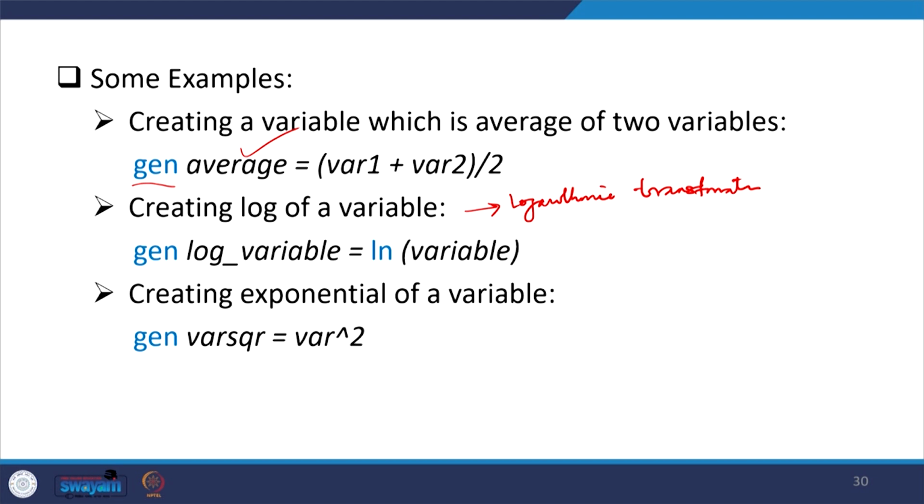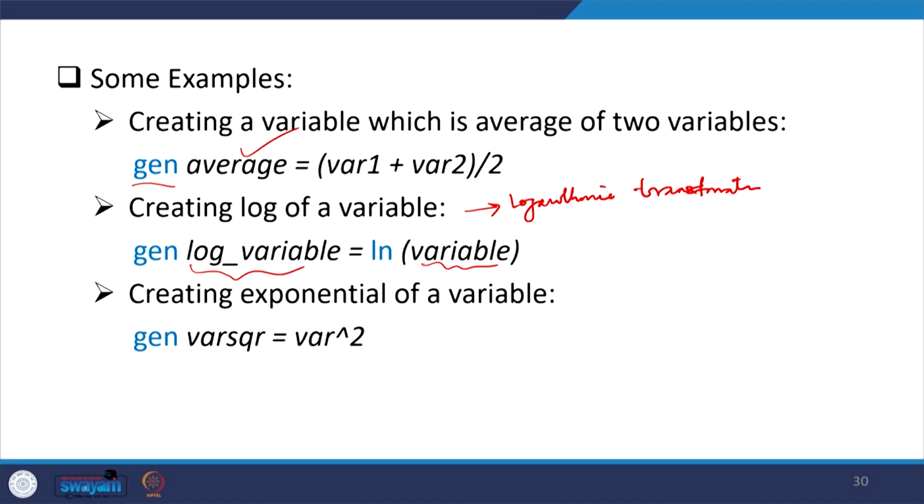So generate a log variable; we have given this name as log underscore name of the variable, maybe log underscore expenditure. Then ln within brackets the variable name, expenditure. So log underscore expenditure is equal to ln within brackets expenditure. That will generate a new variable called the log variable.